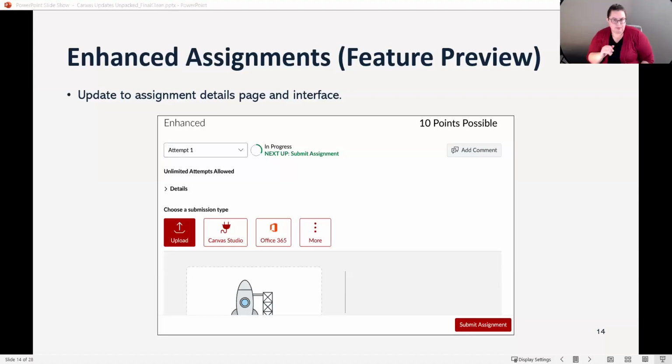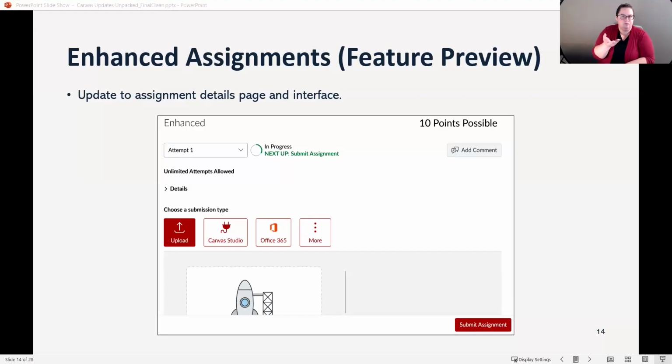Remember these, I would highly recommend, for this one especially, that you test these features in a sandbox before trying it in an actual course with students. And if you do like it and you want to use this new feature, just make sure to be transparent with your students and provide maybe the Canvas student guides that Canvas has created for students,